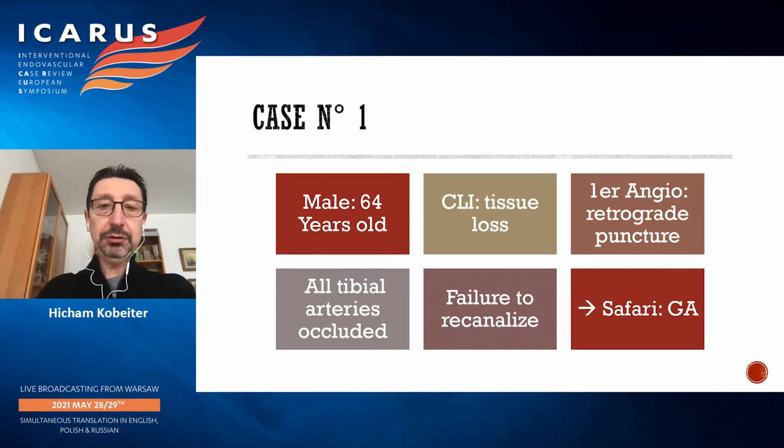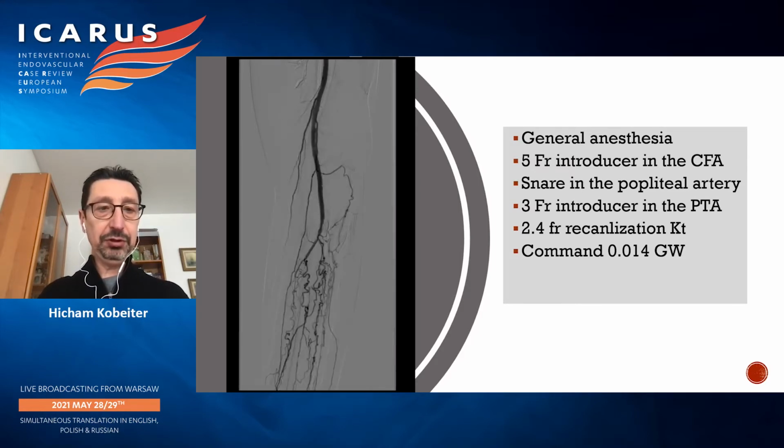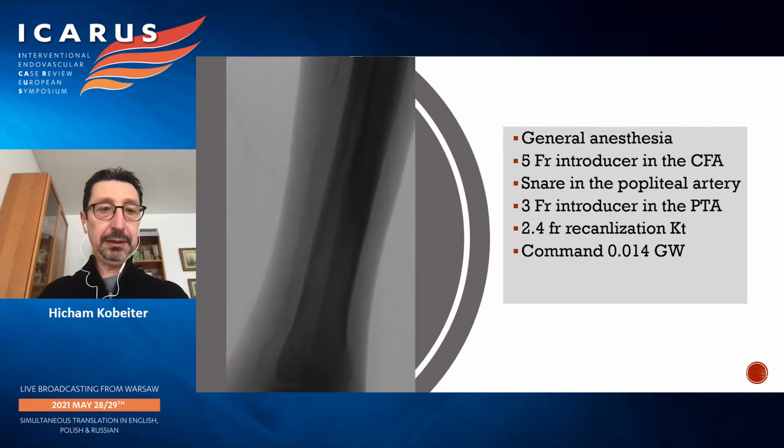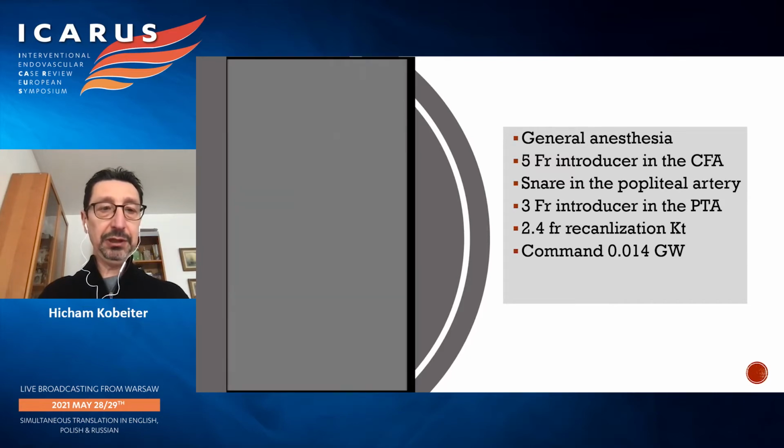So we decided to convert to a SAFARI technique under general anesthesia because the patient had a really high level of pain while he was on the angio table. So here the intervention was done under general anesthesia. We punctured the common femoral artery with a 4 French introducer, and as you see in the first angiogram, we can see that there are no tibial arteries